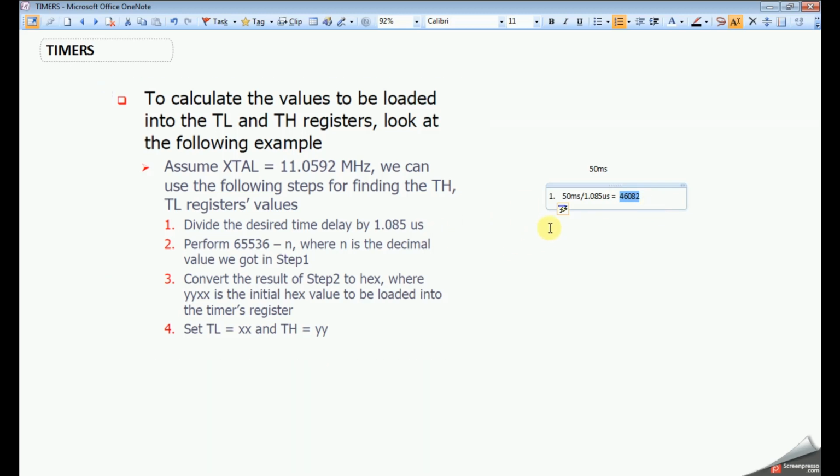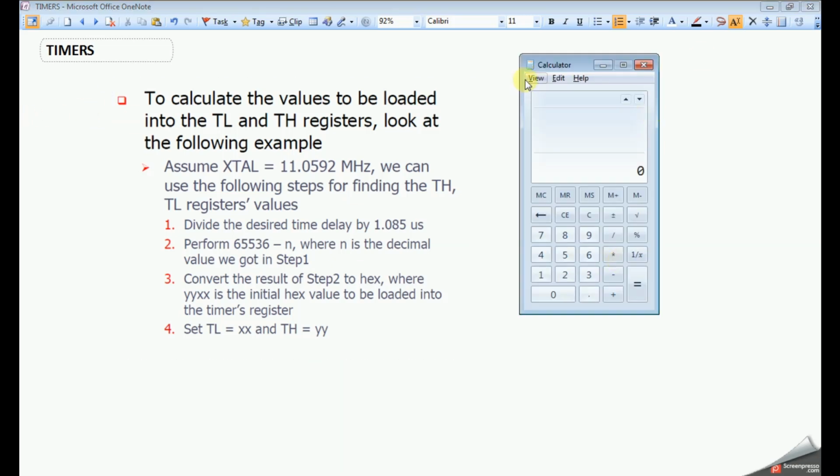In the next step, this value should be subtracted from the maximum value, that is 65,536 minus this value.